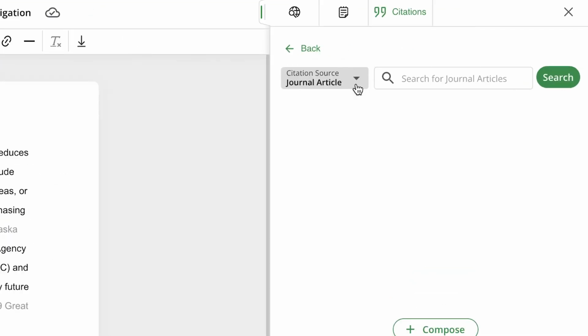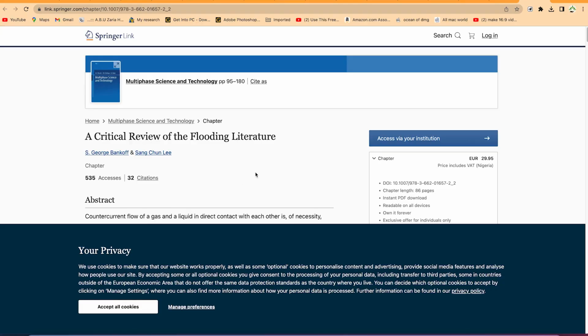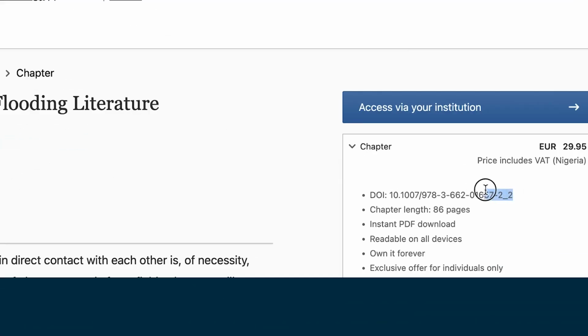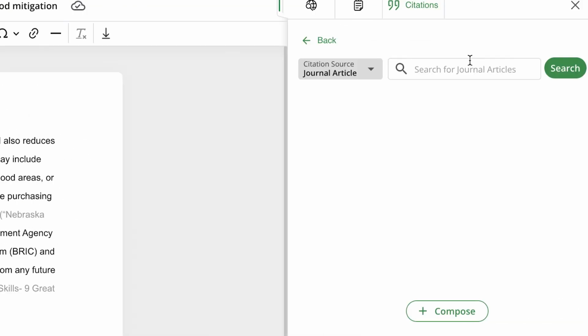Okay, so if it's a journal article, what you are just going to search is just the name of the journal or the DOI. You can just come over and copy the DOI and just go and paste it over there. So for example, this one, you can just copy the DOI and take it back to that citation box, and just paste it and say search, and it's going to bring out that journal.